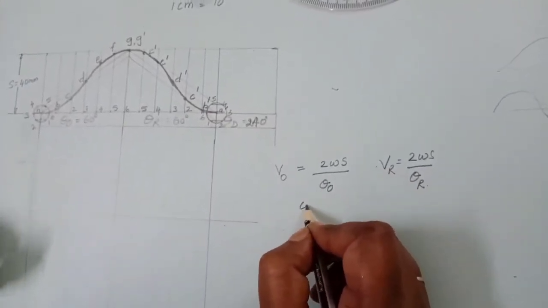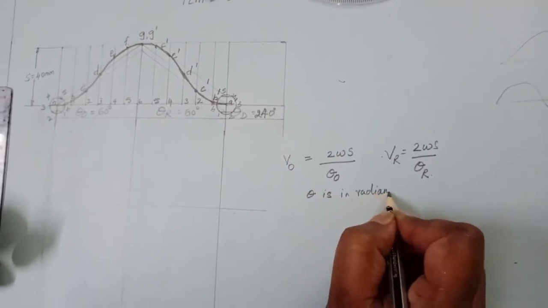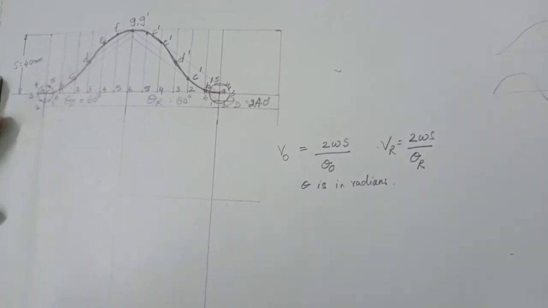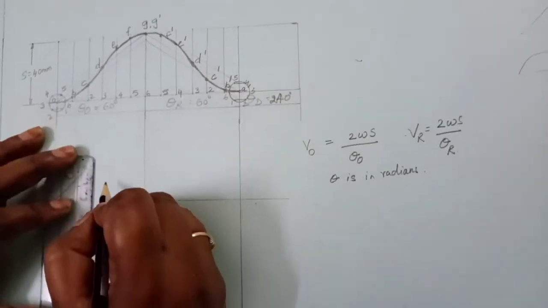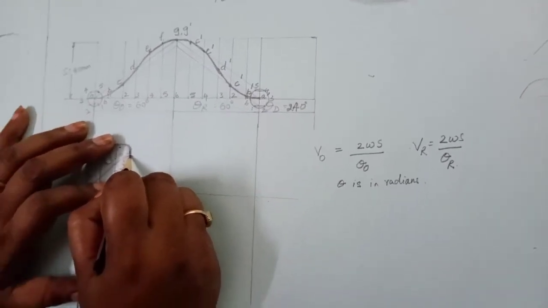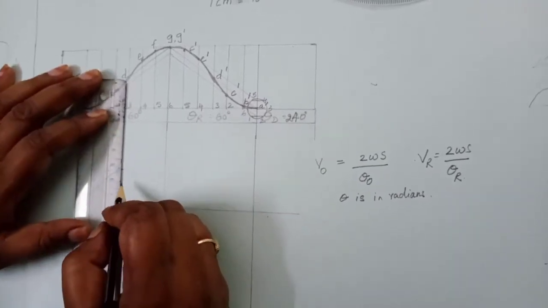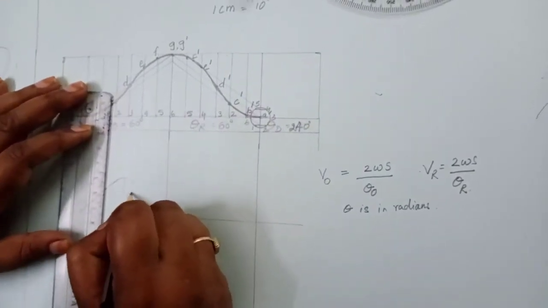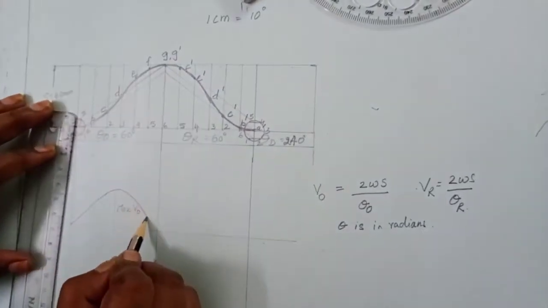So I already told you that theta you have to apply in radians. So the meaning is whatever degree you have, you have to multiply with pi by 180. So after getting this, you have to draw the diagram with maximum velocity. So for the maximum velocity length, suppose you are getting 4 meter per second or 5 meter per second, you just take that as the scale. So this is the value of maximum velocity. You will get your maximum velocity in the middle of your displacement diagram. So maximum VO. So draw this curve smoothly like this.